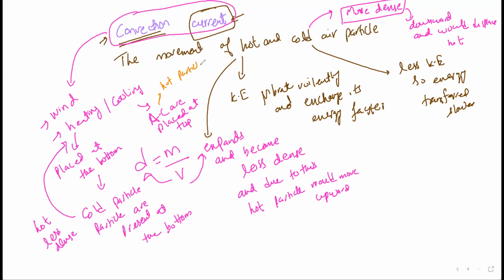at the top. So the AC would cool those particles, and being cold particles they would move down, and eventually all of the air particles will become cold, and the temperature of the room would decrease. That's how convection current, the mode of transfer of convection, helps us understand these two phenomena, and the one that we have just done in the workbook,